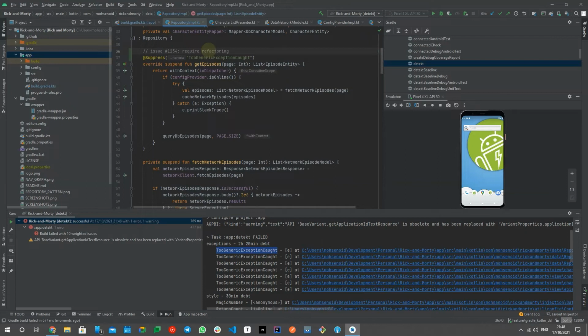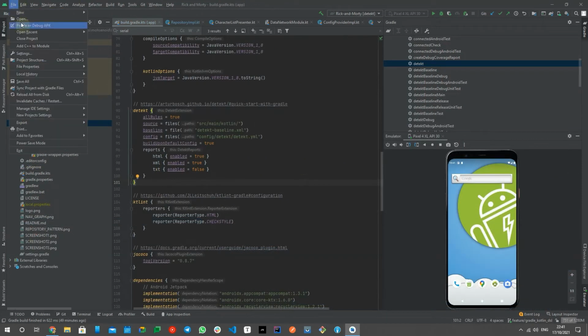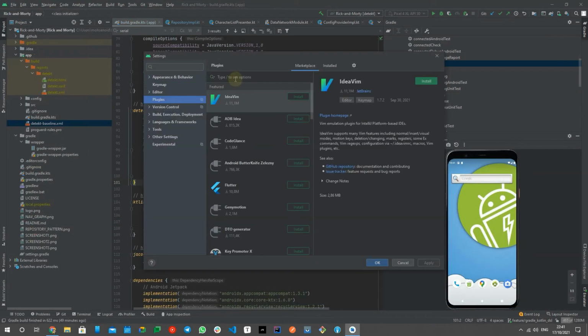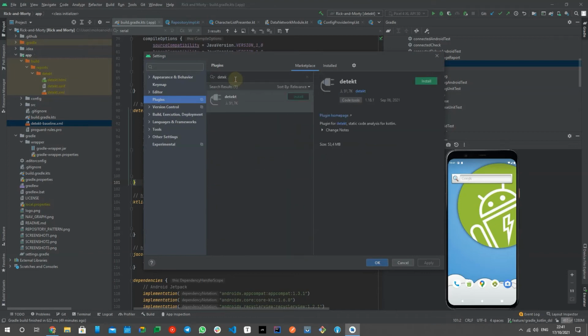Detekt is available in command line as a CLI, a third-party Gradle plugin, and as an IntelliJ plugin that keeps showing immediate feedback while you're coding.